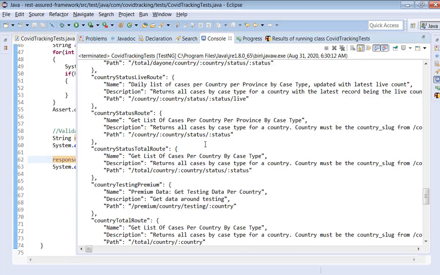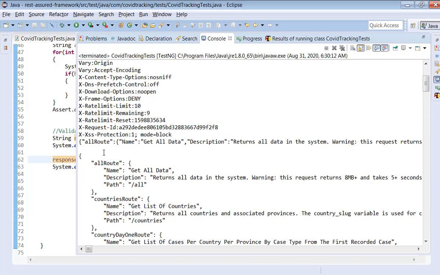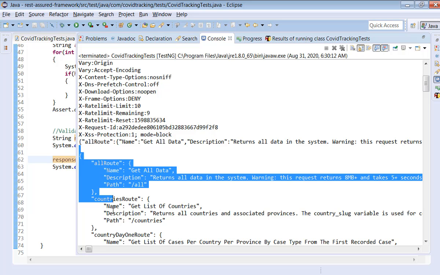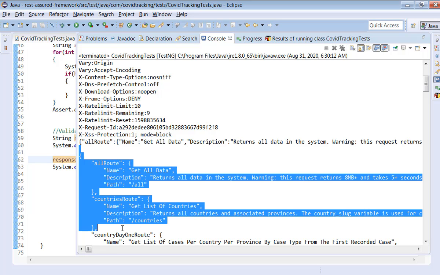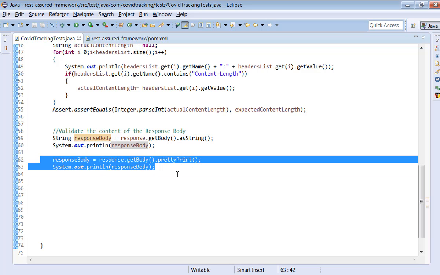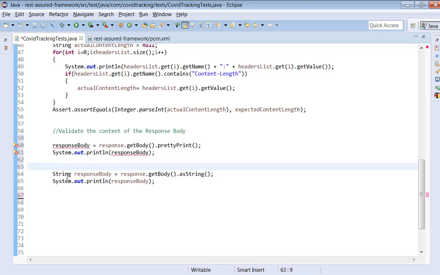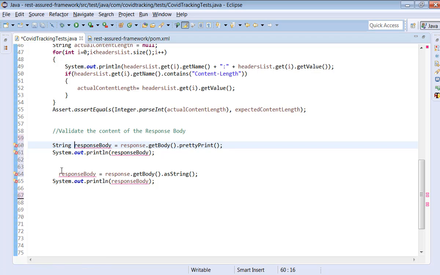It takes some time. Now, if you look here, we got the response in a JSON formatter way. See, this is the string format, but this is a pretty print. It will try to print the JSON response in a formatted way. But what is important for us to focus on here? The main interesting thing is the body content. Let's keep it at the top. We just print it for our understanding, but we mainly focus on the response body as a string, right? I'm interested in the response body as a string.